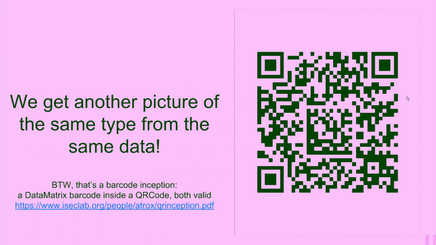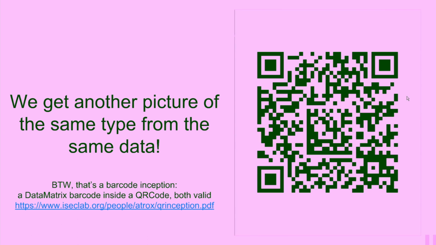And in this case, this is the picture. And this is a barcode inception, because you have a QR code and a data matrix code inside. So depending on your reader, you will see one or the other. The danger is also if you scan directly or if you just swipe, because if you swipe, it will see the smaller one first. So you can see the data matrix here. It works better with a white line, so you can notice it if you are trained. But if you didn't know, then maybe check twice.